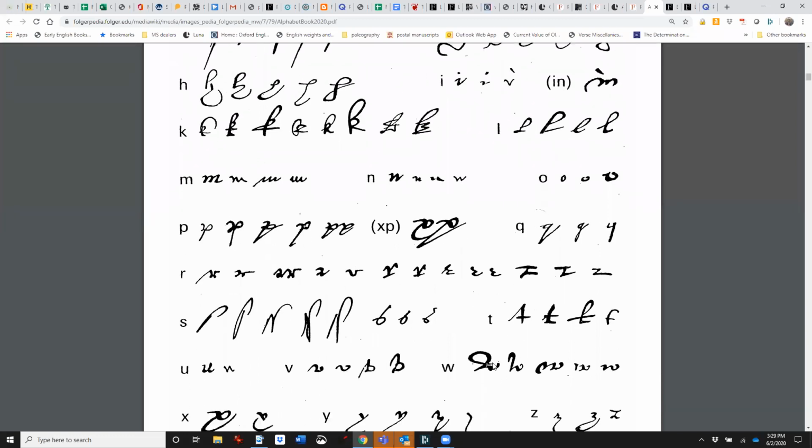Another category of letters are the minim letters. So think of the word minim, M-I-N-I-M, and each of those letters has a simple downstroke to it.